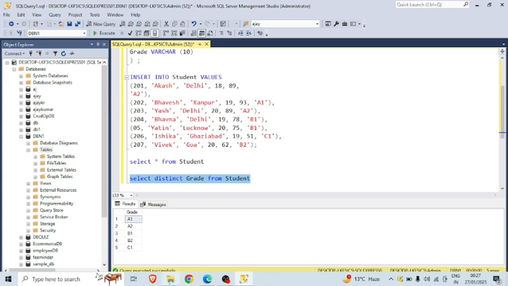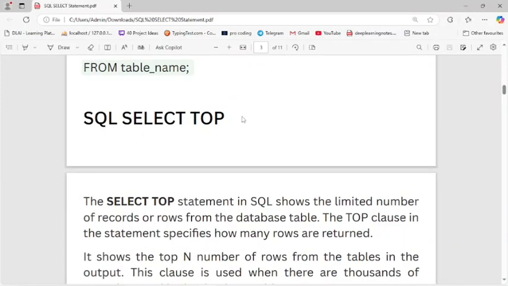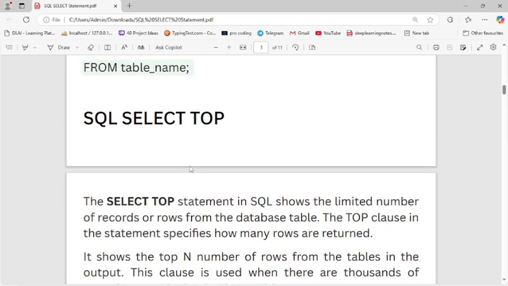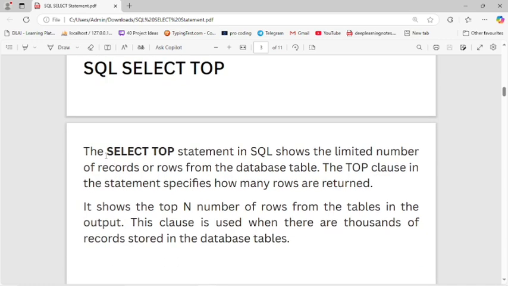Next we start the select top. If you want to select the top two rows from the table, you can use this command, the select top statement in SQL. It shows a limited number of records or rows from the database table.